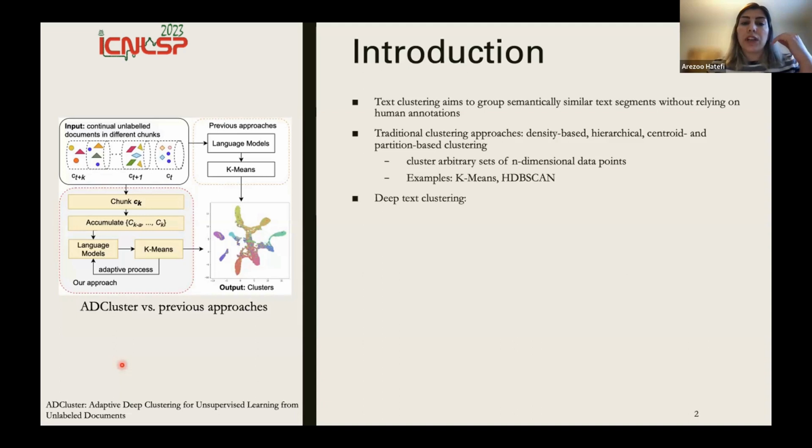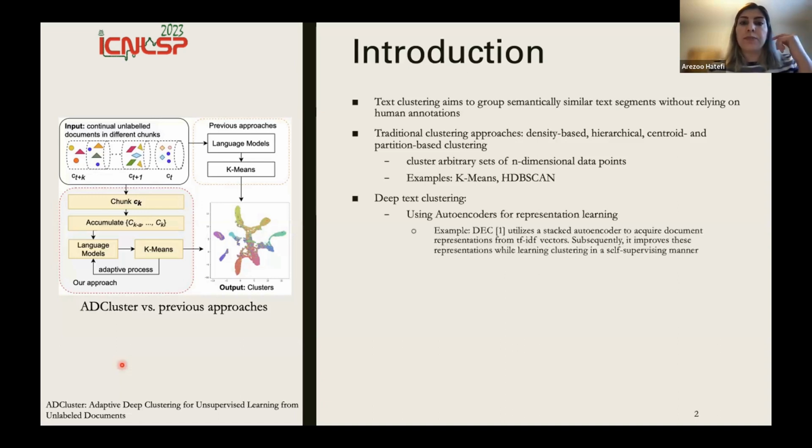But with the great success of deep learning in recent years, there have been many efforts to use deep learning for text clustering, and for clustering in general as well. Since clustering is an unsupervised task and we don't have gold labels for the dataset, many of these works have tried to use autoencoders for unsupervised representation learning.